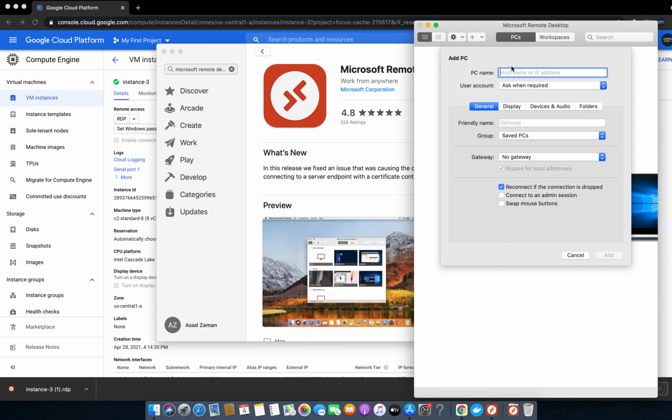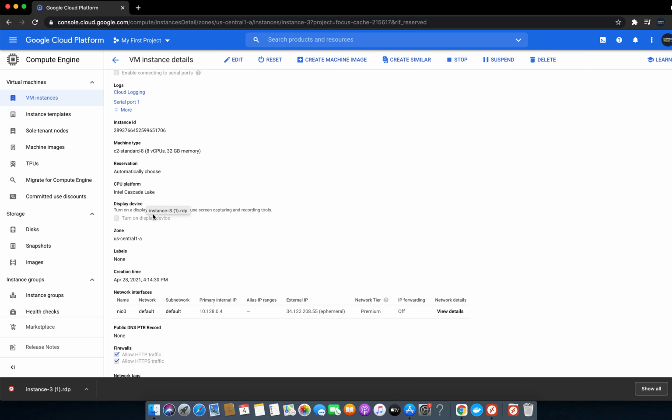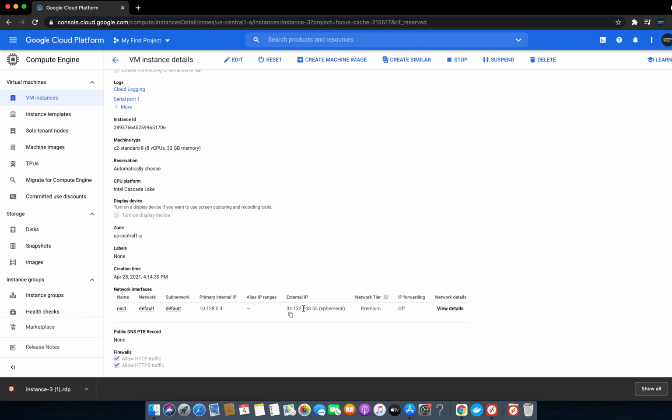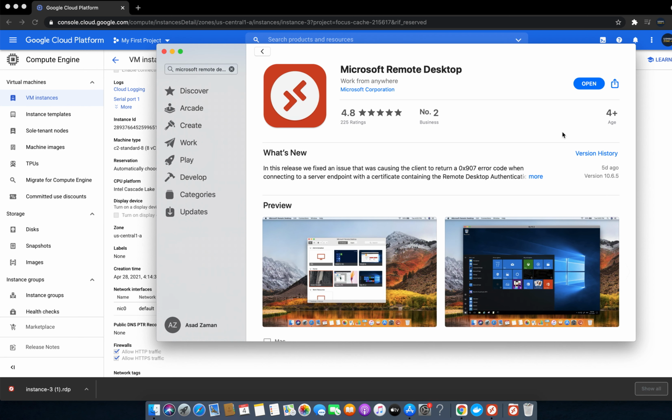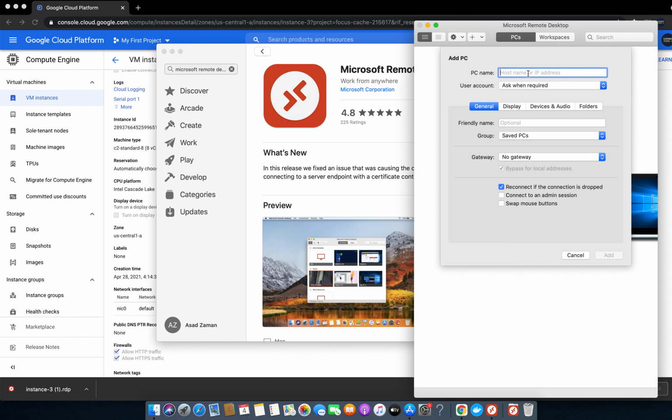Here is the PC name or IP address. This is the external IP address, and we will put it right here. Then the friendly name is optional, just a reminder for us.